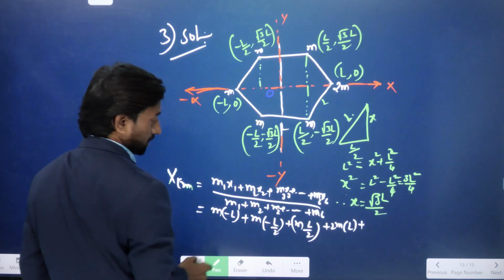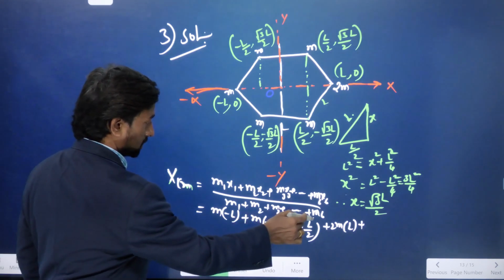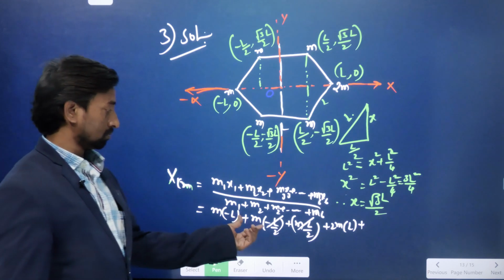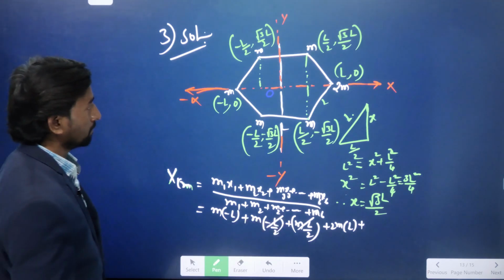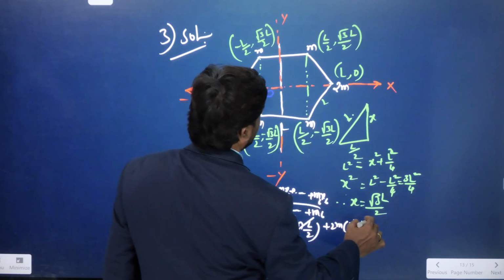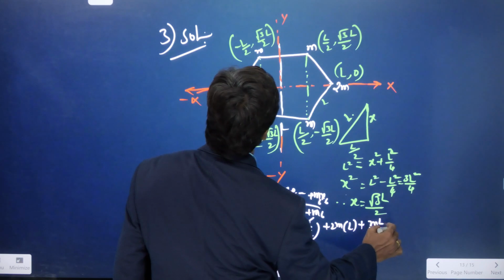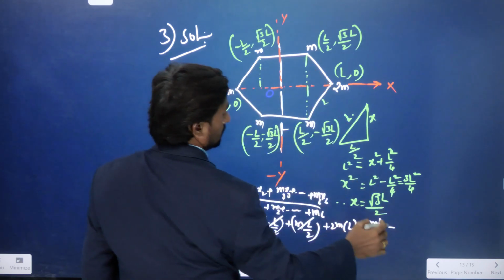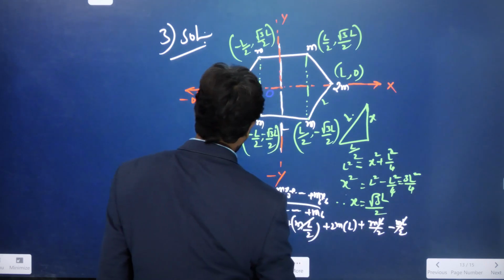So here we can see these two will be cancelled now. This mass and this mass are cancelled there. The moments of these two, minus ml by 2, here minus ml by 2 in the same way. So here ml by 2 minus this particle minus ml by 2. These also will be cancelled here. Whole divided by